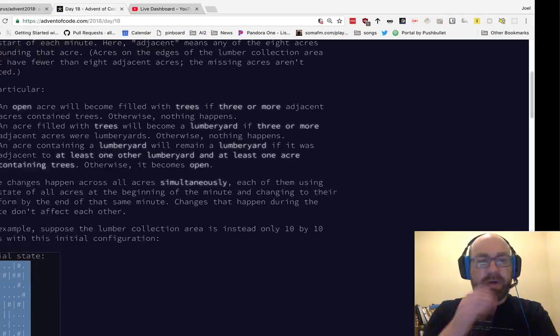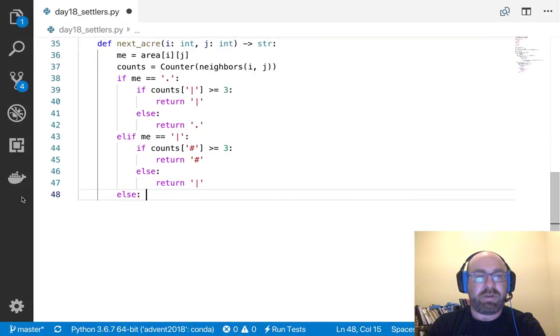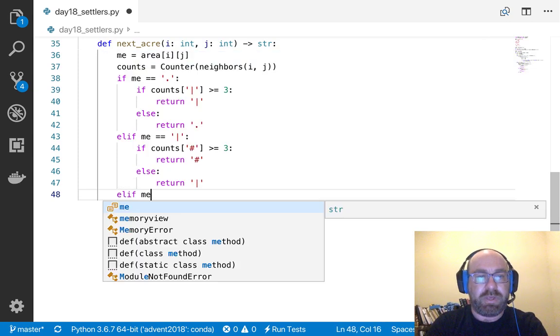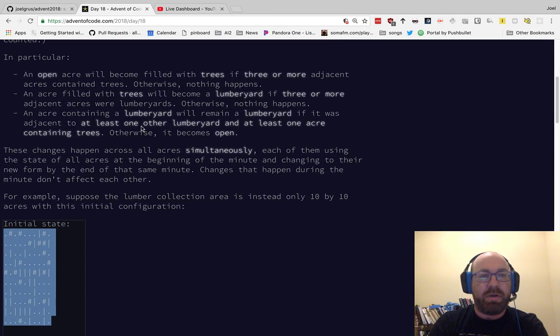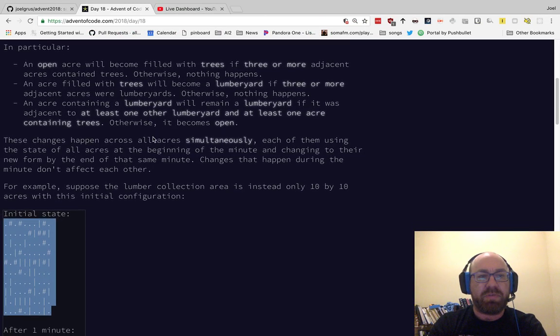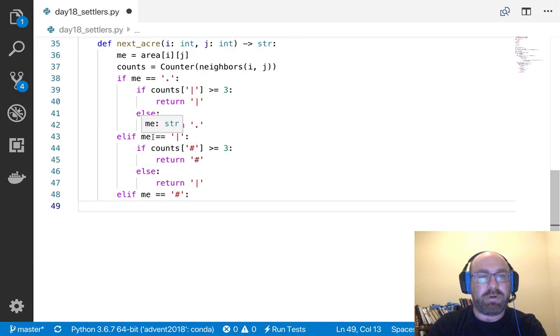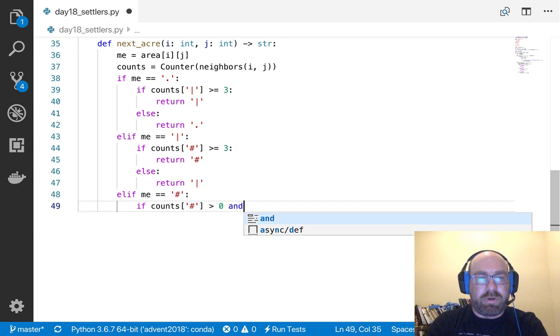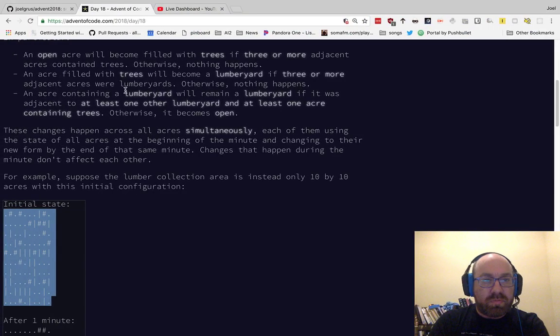And then otherwise, I contain a lumber yard, right? I'll do this. Elif me equals this. So a lumber yard, if it was adjacent to at least one other lumber yard and at least 1 acre containing trees. So if counts this is bigger than 0 and counts pipe is bigger than 0, it will remain a lumber yard.